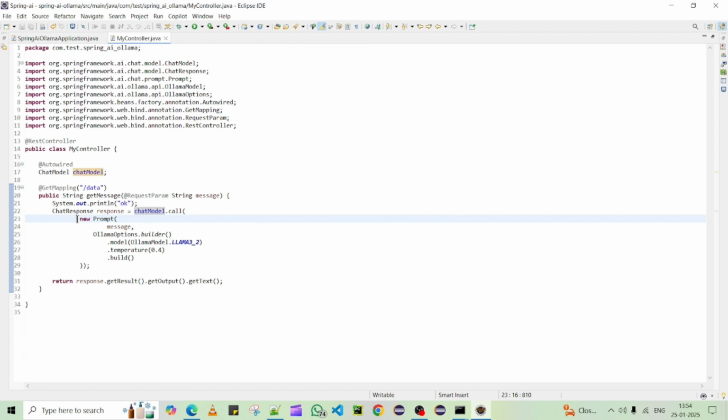So mainly we have to understand over here how we are going to create a chat model and how we are going to pass the prompt and the message and options in terms of different parameters, like what kind of model you are using, the temperature, which is a kind of accuracy definition, and finally you can create a prompt like this and give it to your model. And you will be getting the response. From the response you can take the results and